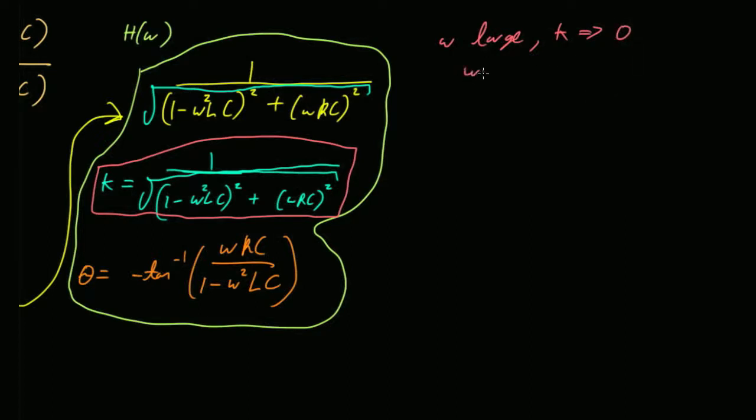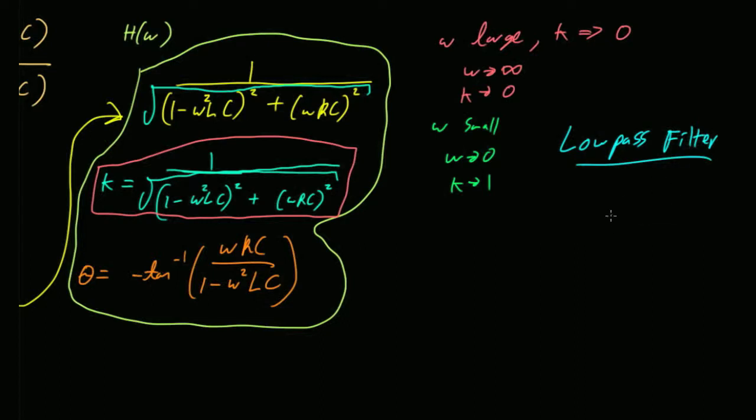Okay, that's right. What happens when omega is small? Let's say omega is 0. What happens to k? 1. Okay. What type of circuit is this? It's a low pass filter. The high frequencies get nothing coming through,